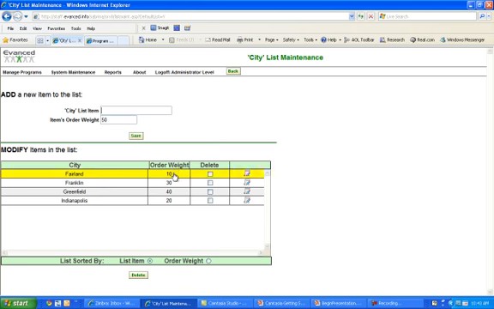So as you can see, it's done by tens. 10, 20, 30, 40, and then the next item would be 50. However, let's say that I wanted a number between the 10 and maybe the 30. What I can do is when I add my new item, I'm going to type in the word Fishers, I can change my order weight to 15. And what this will do